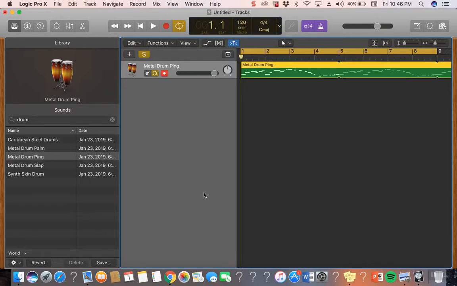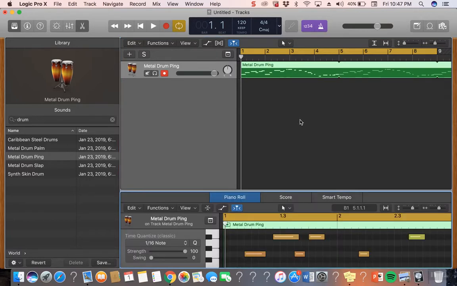Oh, and then S for, what is that for? Is that for this? Let me press S again because I don't want that for the headphones. Okay. S was not for score, which is what I thought it was originally, so forget that. Just P for piano roll, or if you wanted to edit, same thing, because your edit functions are here. S is not for score. Fun fact. Or for smart tempo. Anyway,